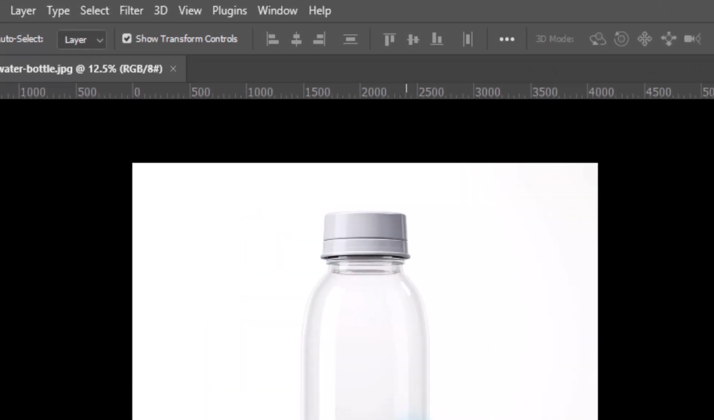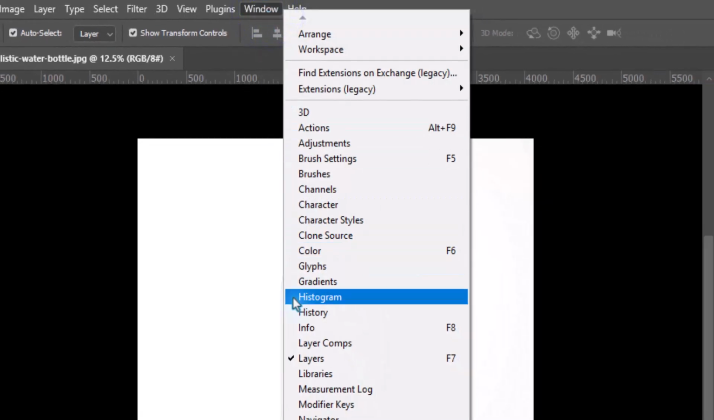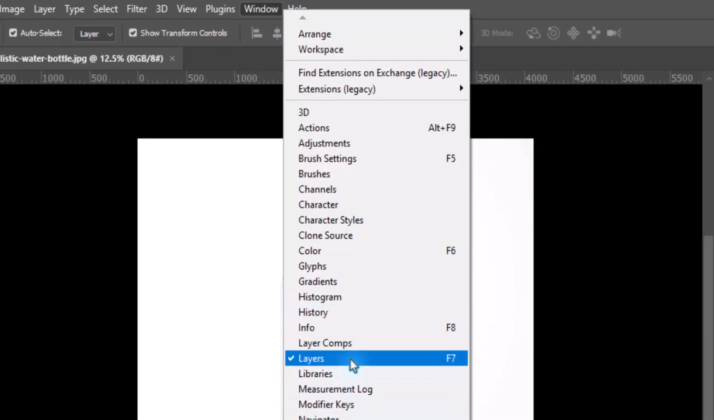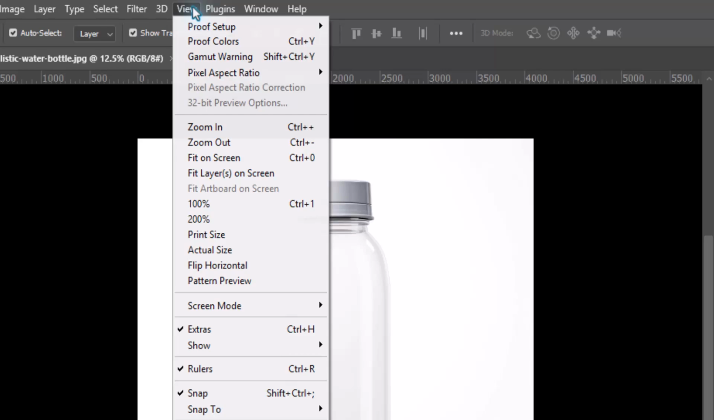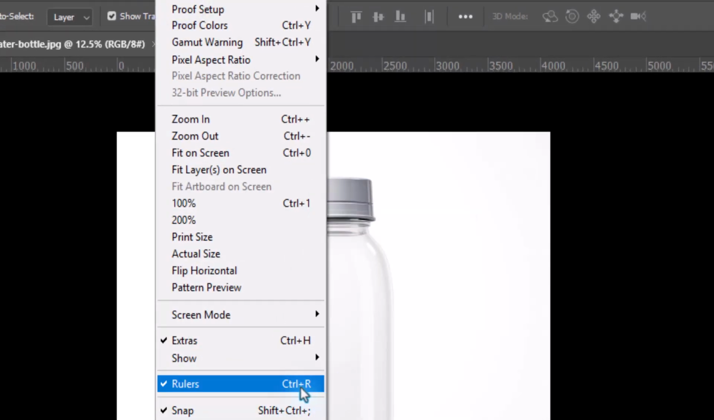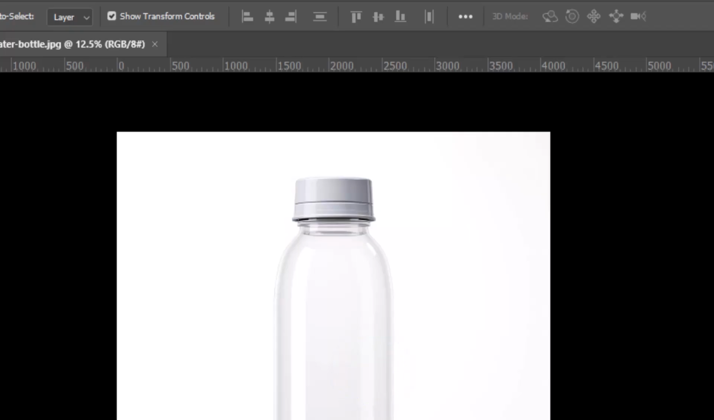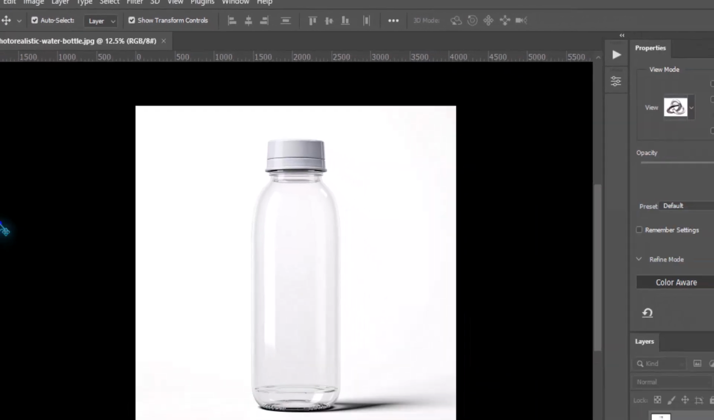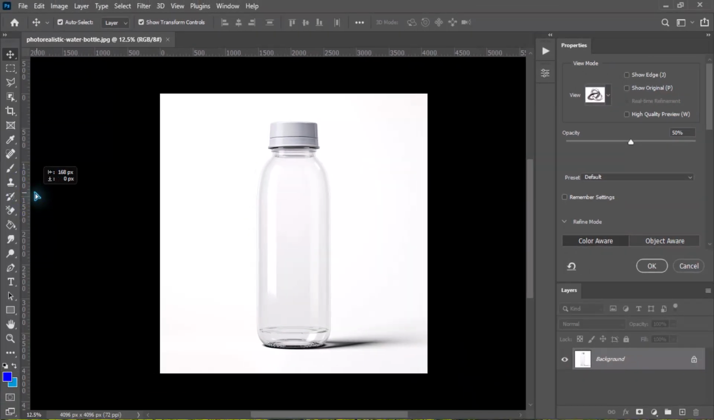After opening the image, the next thing we'll be doing is to come to the View menu. We'll be using Ruler, in case you don't have Ctrl R on your keyboard. What we're doing is to drag. Once you press Ctrl R, the ruler will come up on the left hand side. What we're doing